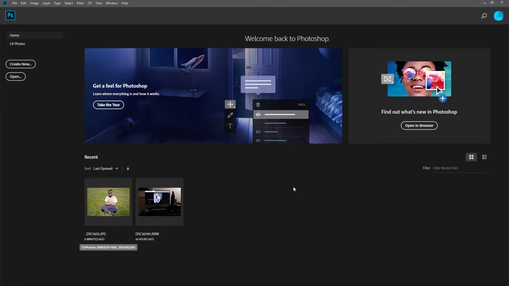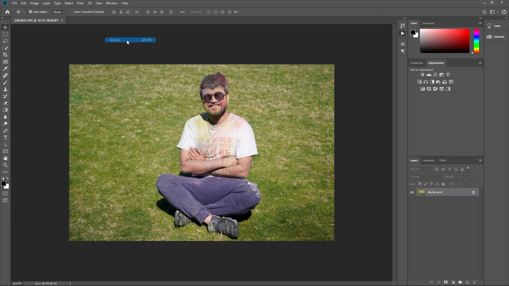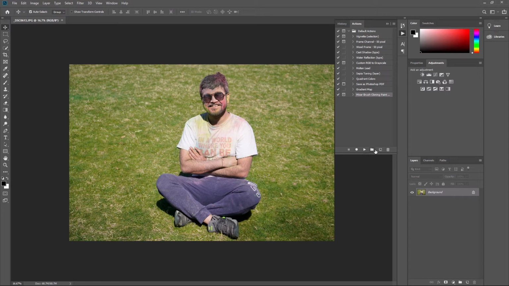Alright, let's learn how to add a watermark to multiple files at once. First, open a file, and then we're going to record actions. So we'll open the actions window from Windows, create a new action, write watermark, hit record,